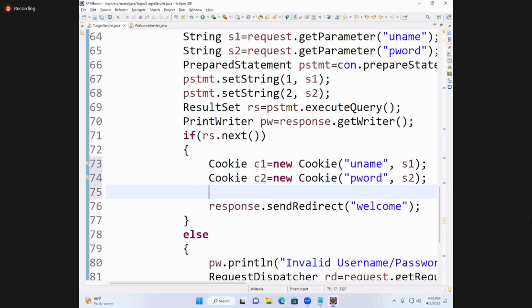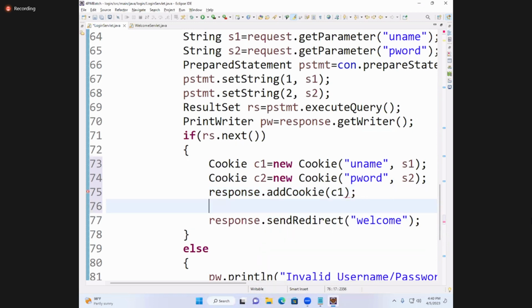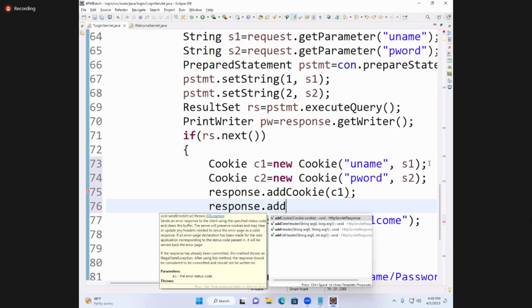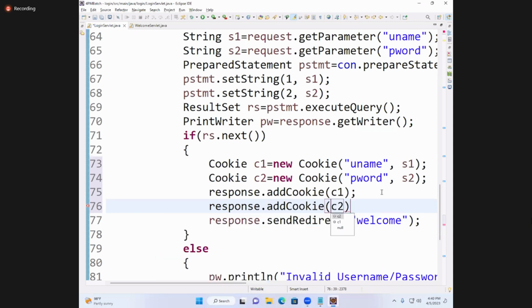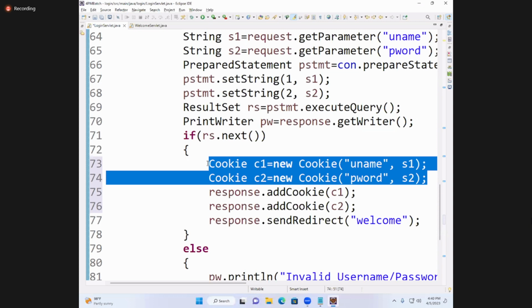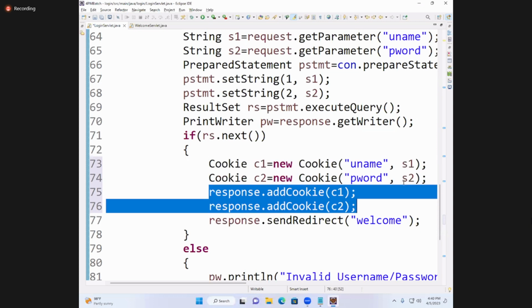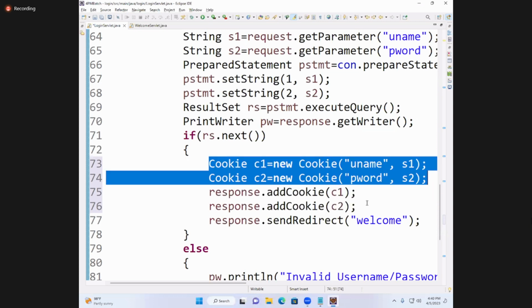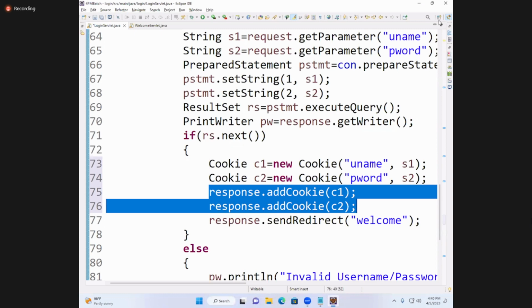Add cookie. Where is it? Response. response.addCookie(c1). Next, response.addCookie(c2). Here two cookies are created and added to the client system. If I run this program,